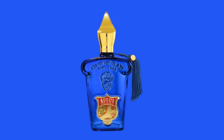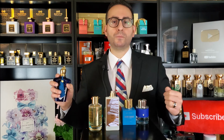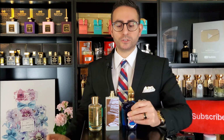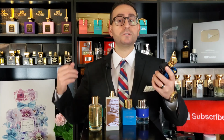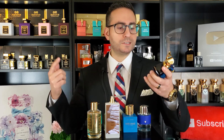I also own Mephisto Gentiluomo. Love that fragrance so much. This one does get compared to Silver Mountain Water by Creed, but it does definitely have its own personality in there. So the more you wear it, the more you start to pick up on the elements of this fragrance that make it unique. And in addition to those notes that I mentioned, there's also Rose Absolute, Mysore Sandalwood, Cedarwood,